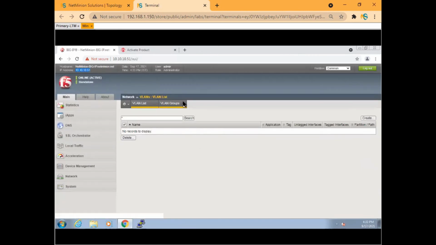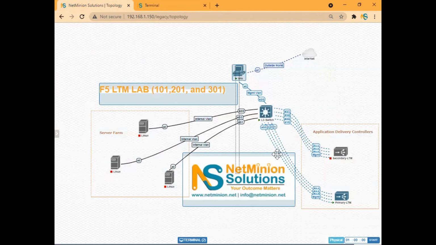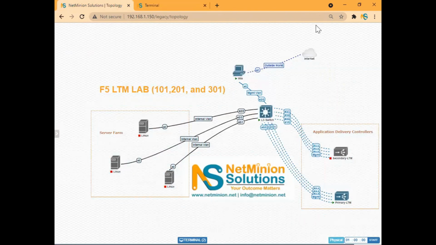When I start these classes, I will be starting from zero, creating the VLAN, creating the static IP, creating each and everything we need. For each and every device, we will start from zero. Only the management is there, but that is very basic.